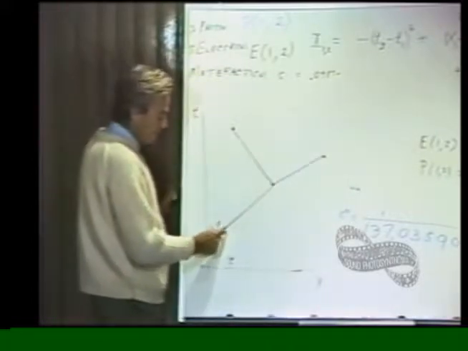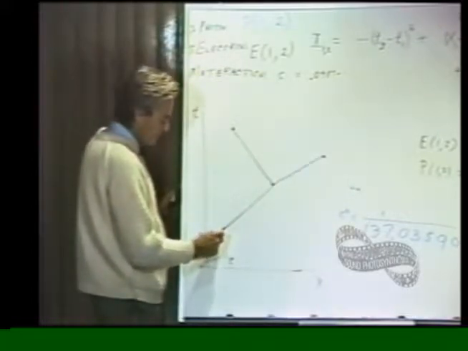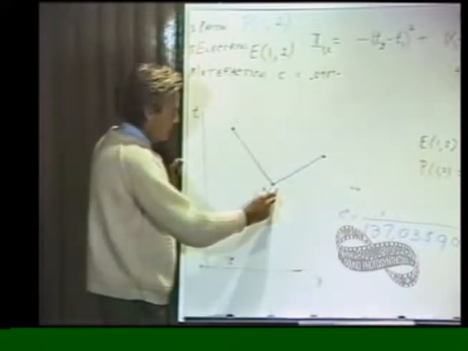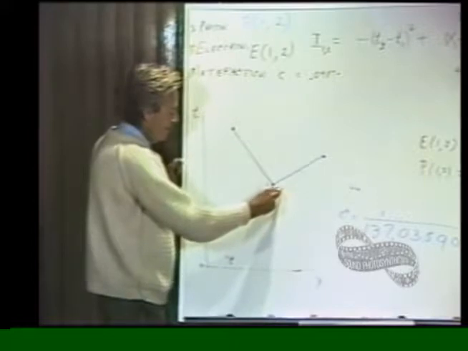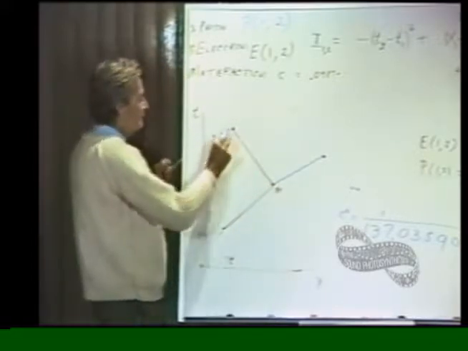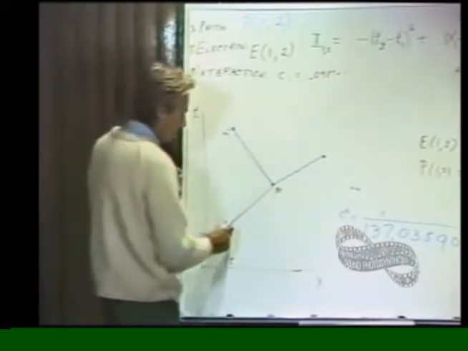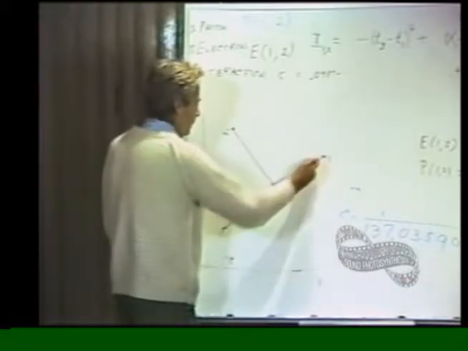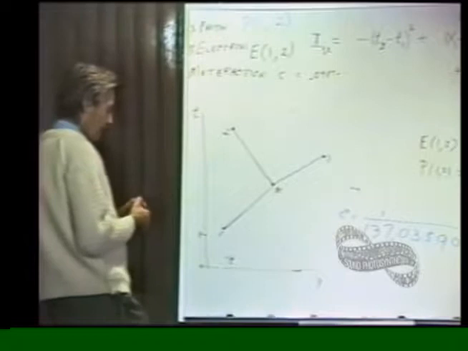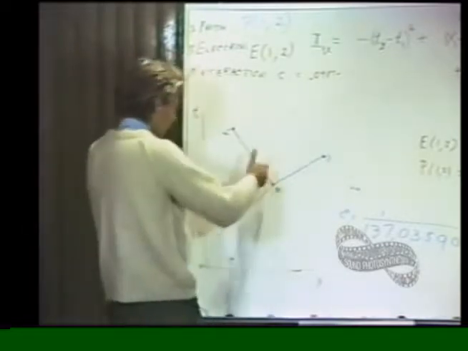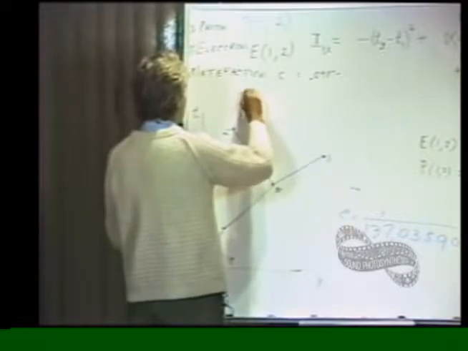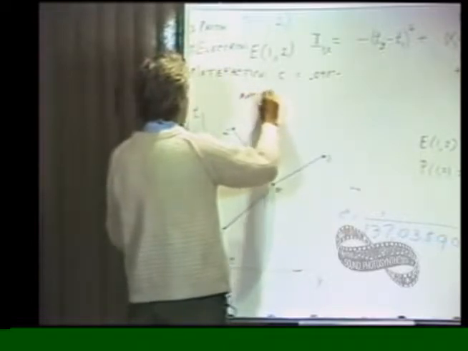One way it can happen is that the electron goes from this point, which I might call point 1, to some other point, what I might call point 4, and finally arrives at point 2. Whereas the photon goes from 4 to point 3. So this would be the typical amplitude. I would draw a picture like this, and I'll tell you how to calculate it. Let's suppose I wanted to calculate the amplitude. Then an electron